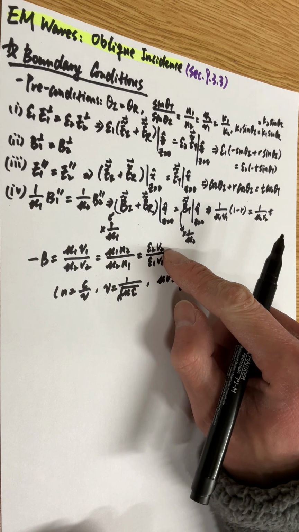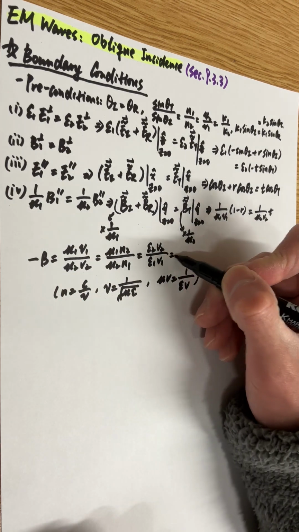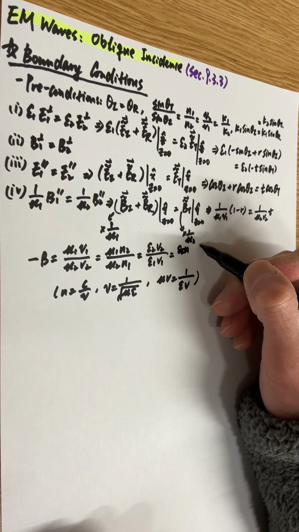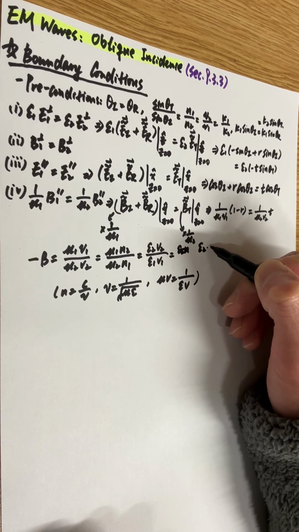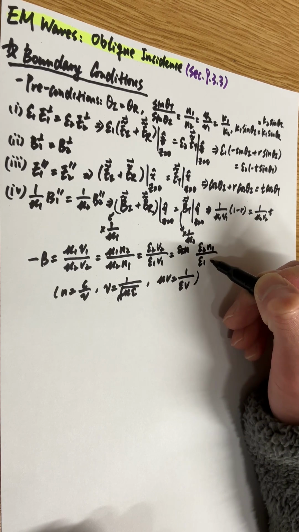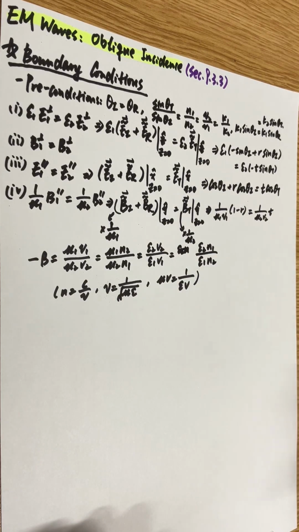And v and n are inversely proportionate to each other, so here we have epsilon 2 n1 divided by epsilon 1 n2. Yes. So now we are ready